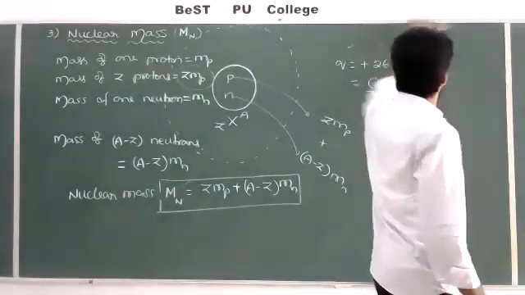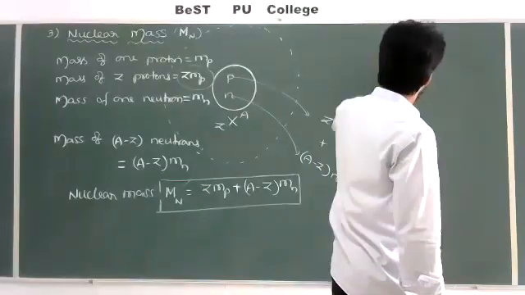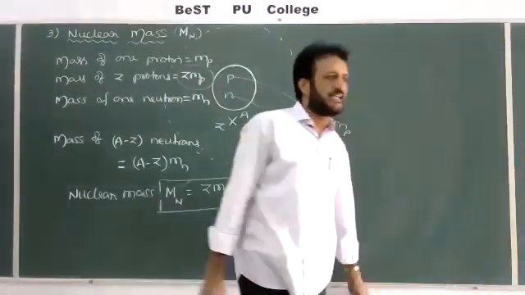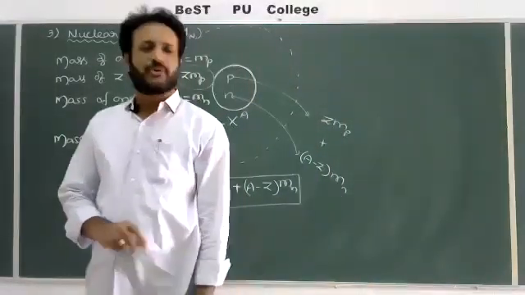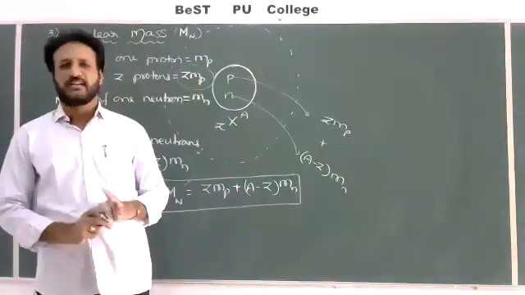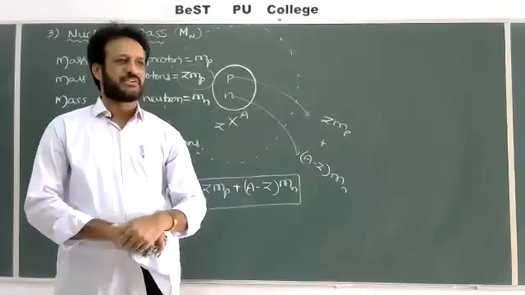One example I will give, how to calculate the mass. But one more important thing: nuclear size is very, very small, about 10 power minus 15 meter. So we cannot look into the nucleus, and a proton or neutron we cannot put in a balance and weigh. Correct? We cannot measure the mass directly.